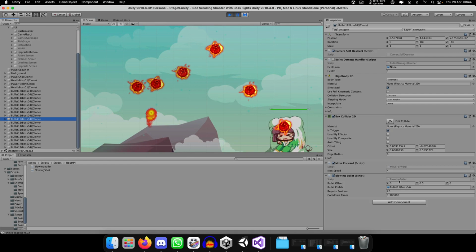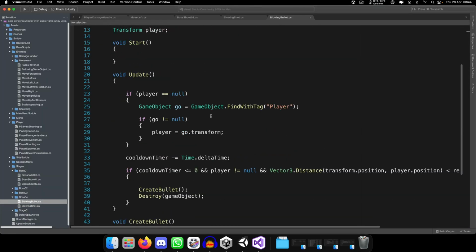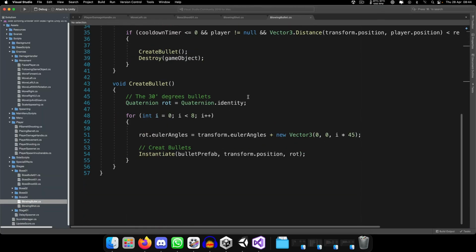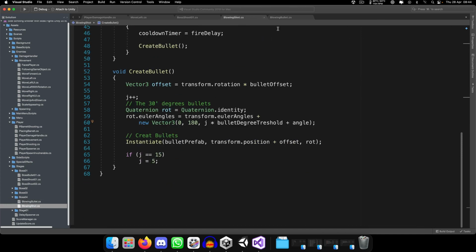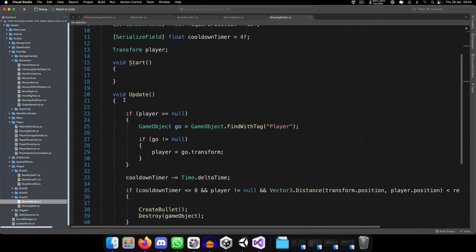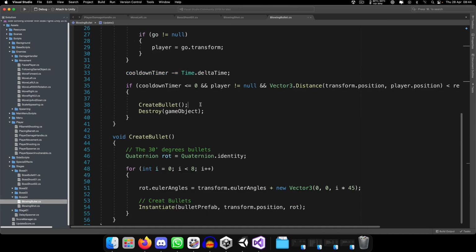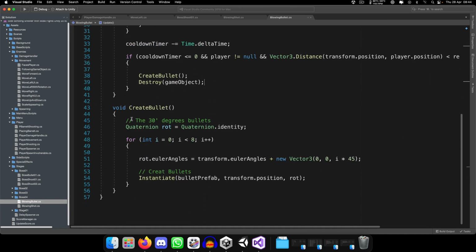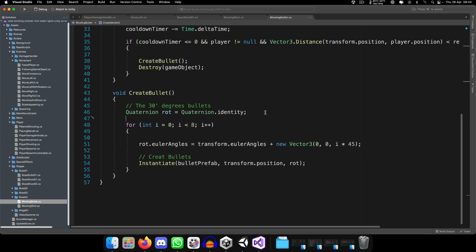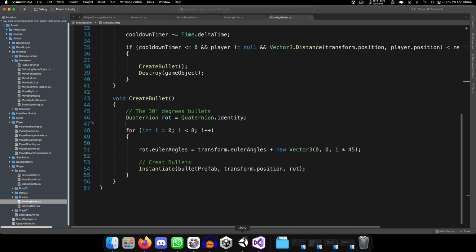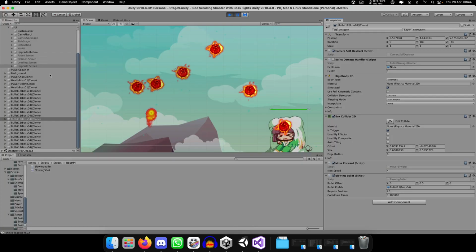And I can take this blowing bullet, and this is what the bullet looks like. So this is blowing shot and this is blowing bullet. From here, it is also using a cooldown timer to create and destroy a bullet. So create bullet will create a new one, as you saw. When it bursts, it creates a new one, and they create more and more bullets. So there you go. This is how you can just